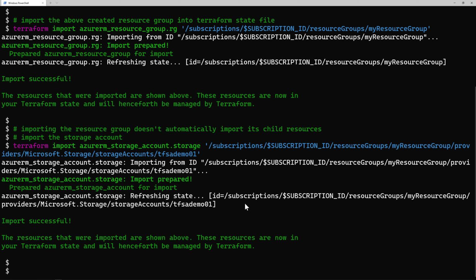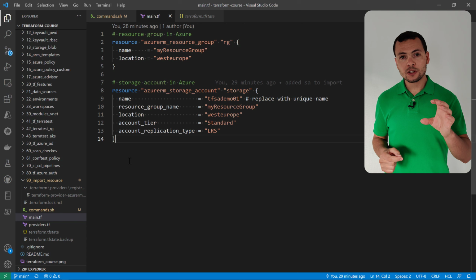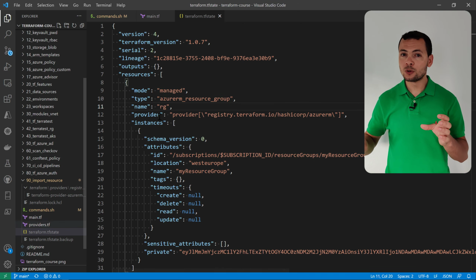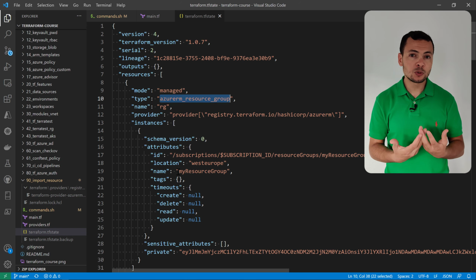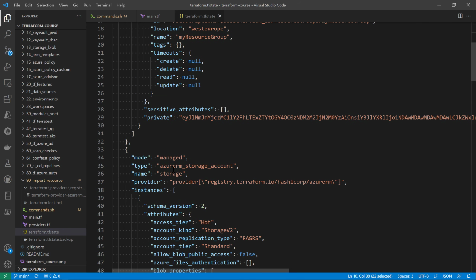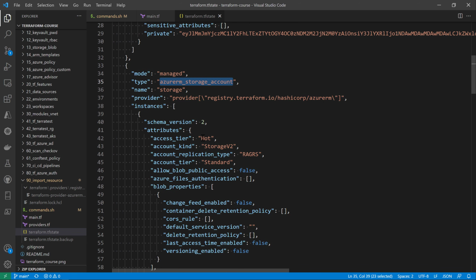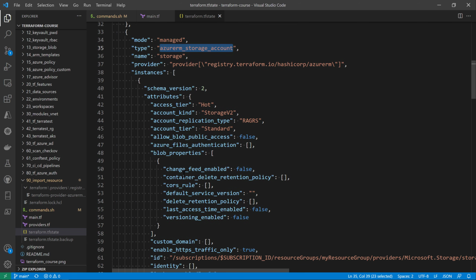And then you can manually add the block for defining that resource. Let's say here that virtual network, you can add it into your Terraform template and you can specify its configuration there. This process is not automated 100%. So Terraform will import that into the TF state, but it's up to you to write manually the configuration or the block into your Terraform template. But this will be enhanced in a later Terraform version.